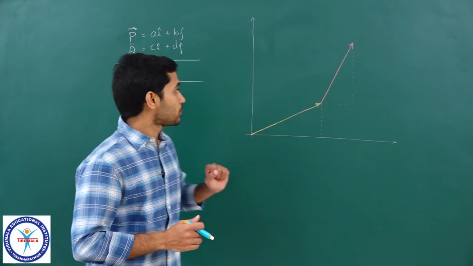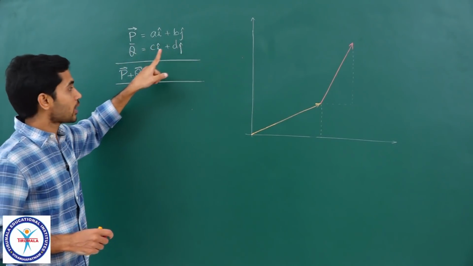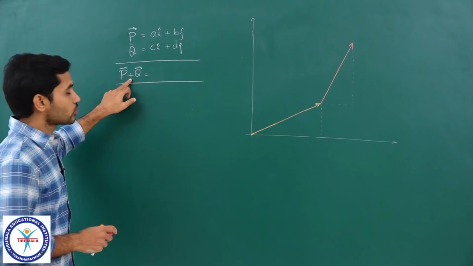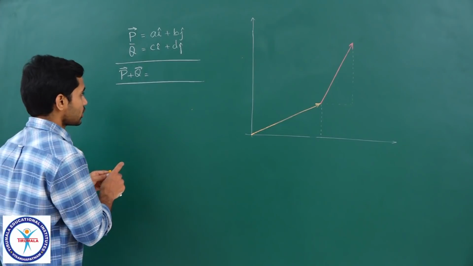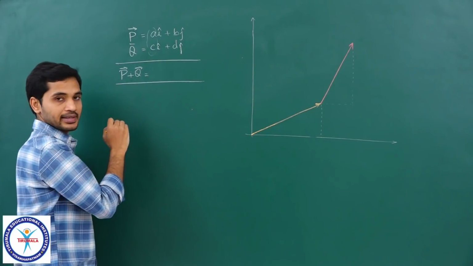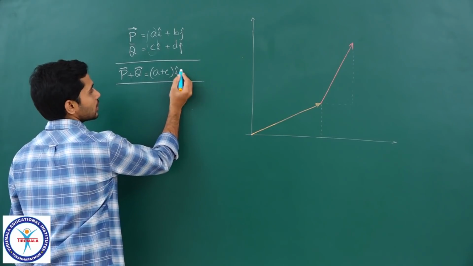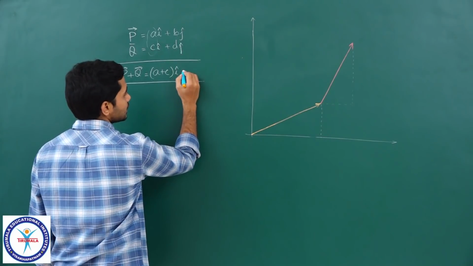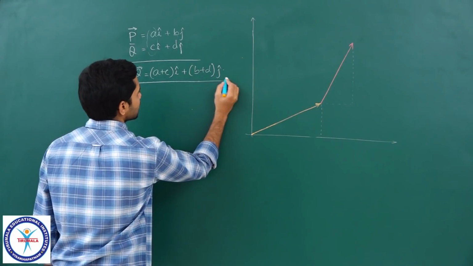So students, now if you see, if you have two vectors p bar and q bar, so p bar represented as ai cap plus bj cap and q bar represented as ci cap plus dj cap. So now if I ask you what is the sum of the two vectors, what is p bar plus q bar? What you can do here is, you can directly say that you can add the components of i in both the vectors. So directly add them, you get a plus c i cap, and you directly add the coefficients of j cap, which are b and d, so plus b plus d j cap. So you can directly do this.